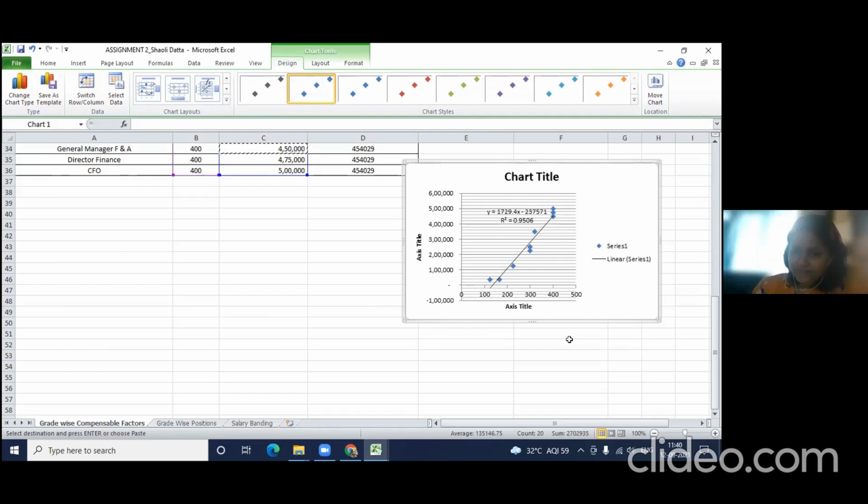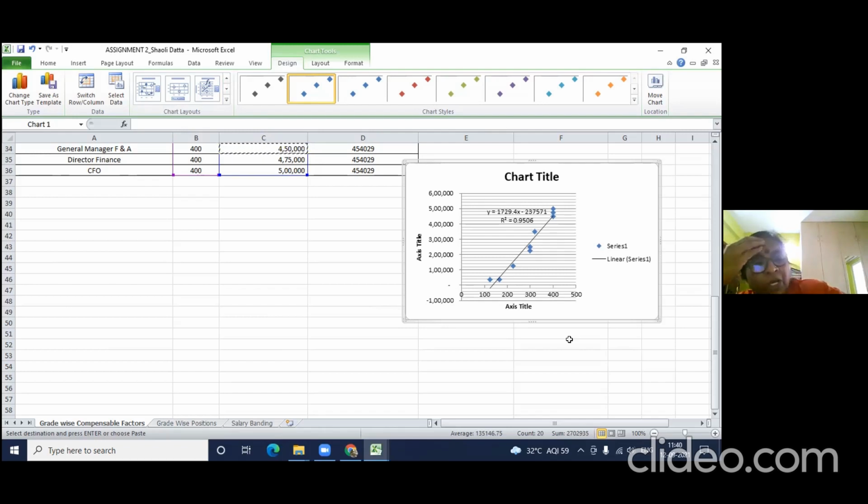Ma'am, your 0.95 means, does that mean 95%? It is regression. That means predictability is really very good, 95%. But if it is 35, 40, etc., that means predictability is not very good. That means 95% of this salary thrown up is dependent on the job points. Okay, that is an indicator.